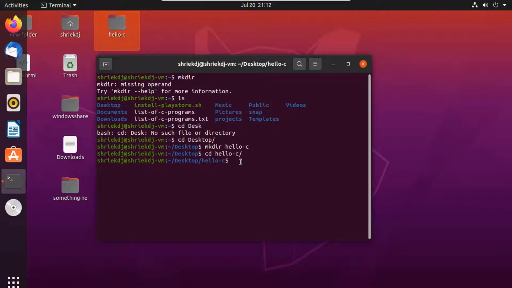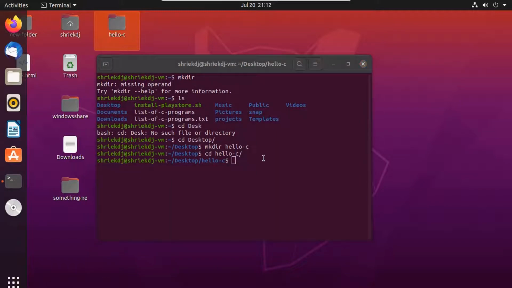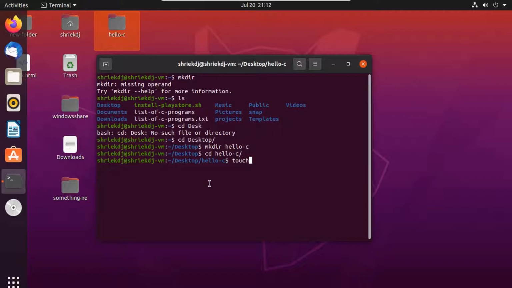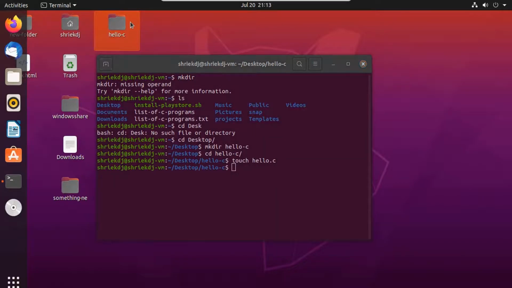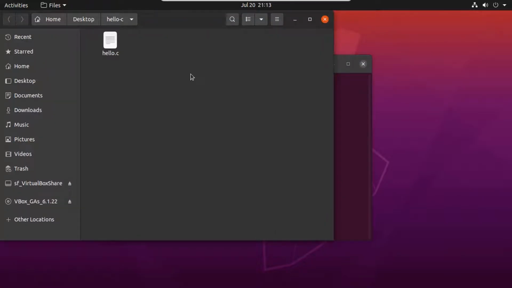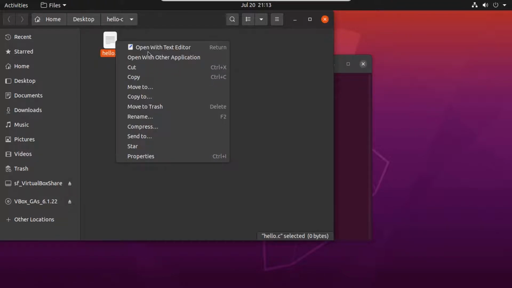Let's go into that folder, and after going into it we are gonna create a file: touch hello.c. It created a file, hello.c, which is simply a text file.